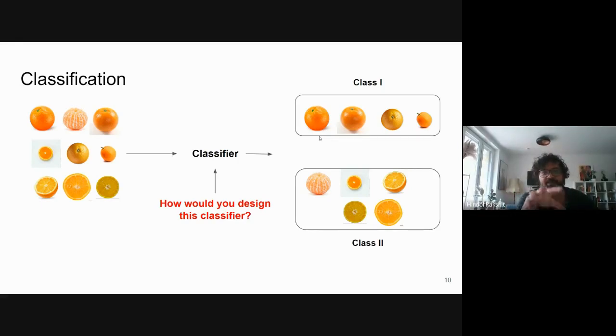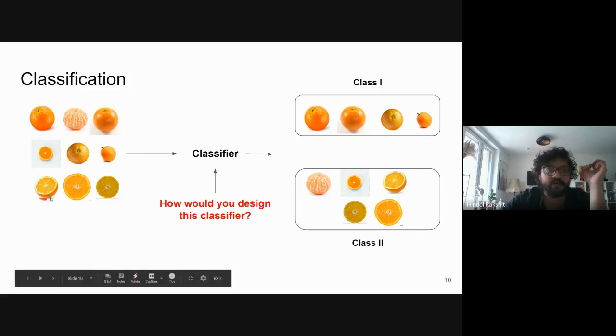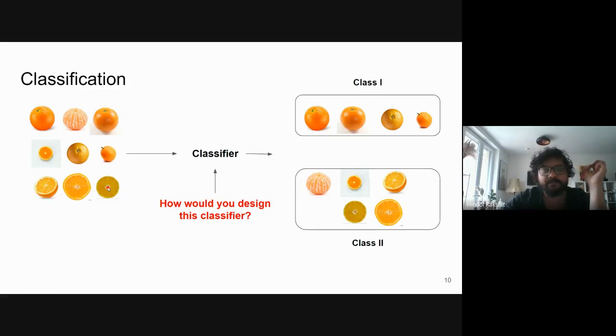Because if we look at the images, forget about whatever you know of oranges, because when we say we have defined a database, we mean that we are not going to consider any other images from elsewhere. We are just going to consider all the information situated within this database. Based on that, we can see that all of these are kind of orange, but not entirely orange because we see two colors. The dominant color is orange and the other color, which is not so dominant, is white, right? And white is there in almost all the images, but in the peeled or the cut oranges, what we see is that the center is actually white.